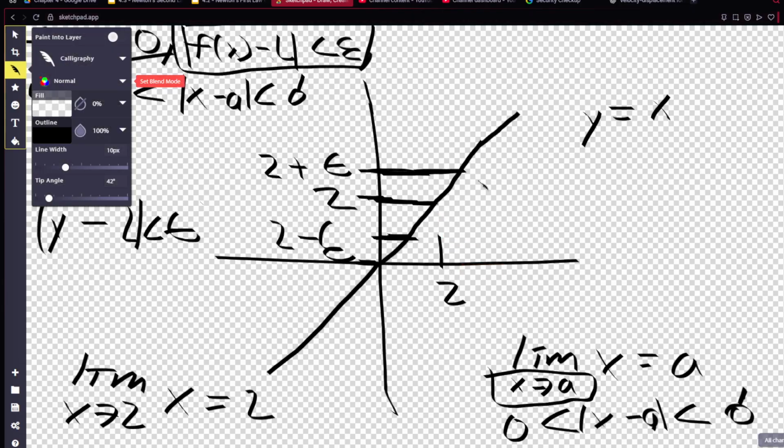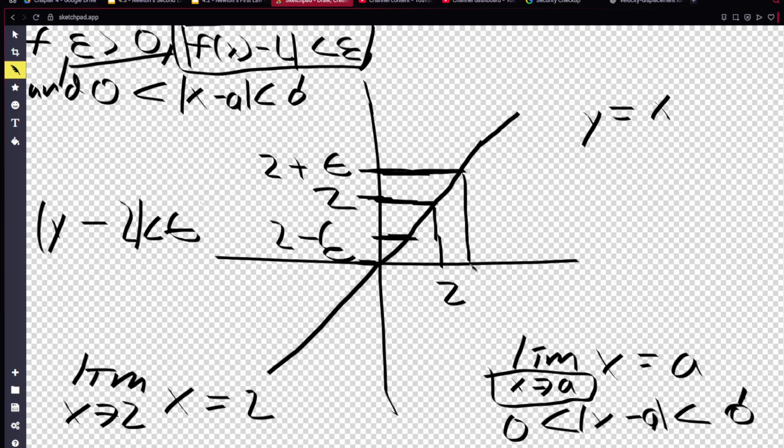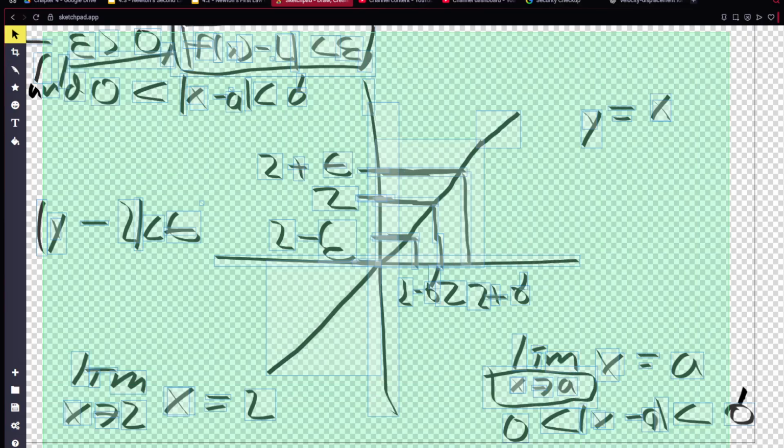So 2 minus epsilon. And here, what we are finding is simply 2 plus delta and 2 minus delta. That's all we're finding. So I'm going to explain it in simple terms now, because we used some very hard notation. So simply put,